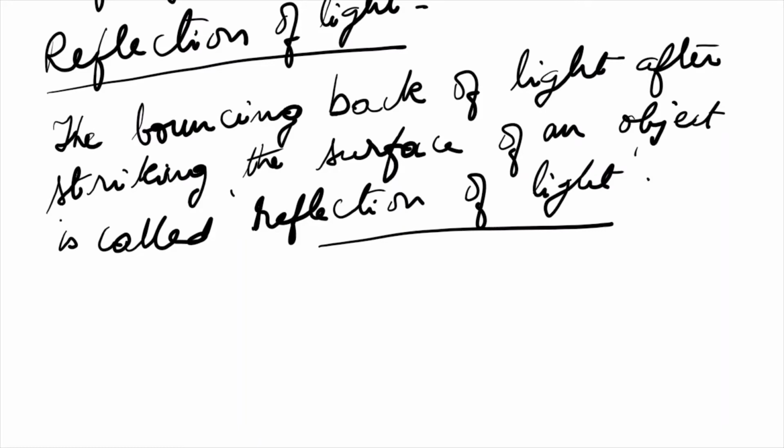Now let us consider this diagram. Suppose this is a plane mirror. What does this shaded part indicate? You must have seen the mirror is polished on the back. Actually, a mirror is nothing but a glass sheet, a glass plate which is polished with silver. Anyway, suppose this is the mirror, this is the shining part and this is the behind part.